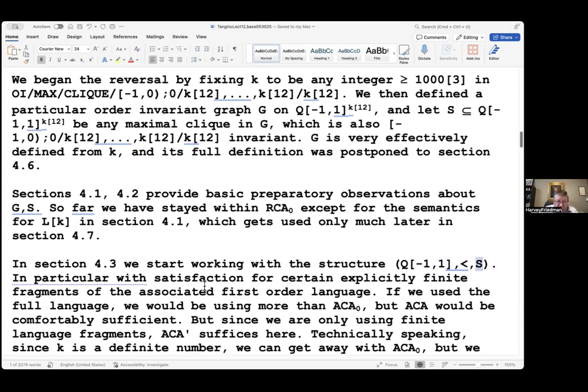In particular, with satisfaction for certain explicitly finite fragments of the associated first order language. You remember those three finite fragments, finite languages. If we use the full language, we would be using more than ACA naught, but ACA would be comfortably sufficient. But since we're only using finite language fragments, ACA naught suffices here